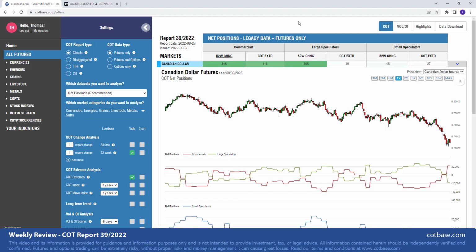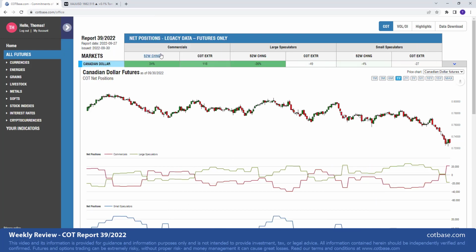Today we're going to be analyzing the 39th Commitments of Traders Report of 2022. In the later part of the video, I'm actually going to show you gold on shorter time frames using the iCOT Intraday Indicator. So let's start off and look at the Canadian dollar, where as you can see there is